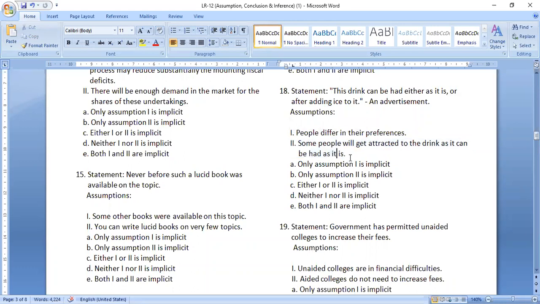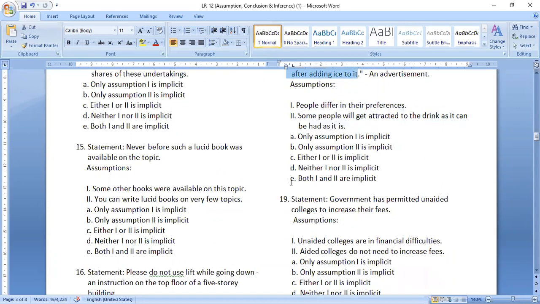So suppose they choose to sell packaged soft drinks. I think they're both implicit. Otherwise, the statement wouldn't have been made. Yeah, I think that's quite straightforward. It is option E. They're both implicit. Okay, so